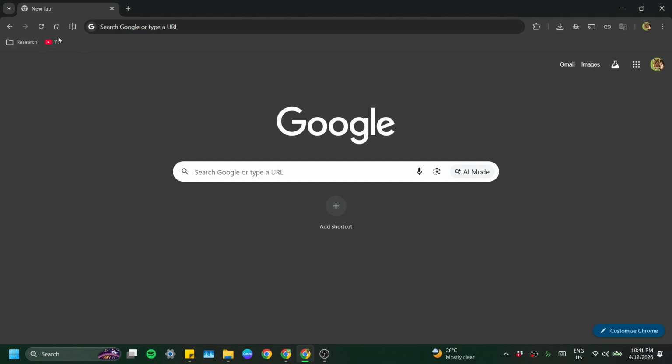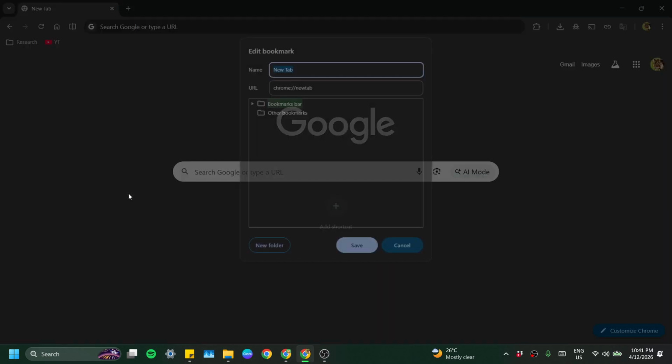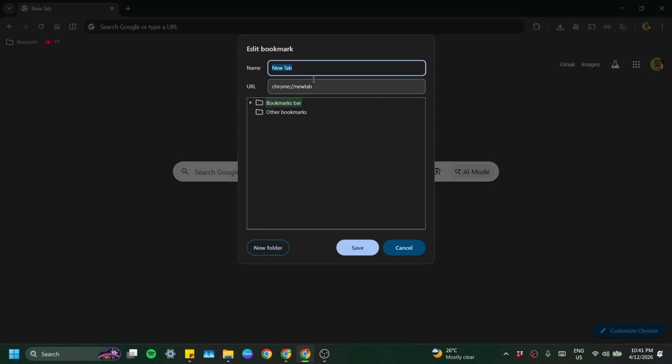You're ready to go. Now, move your mouse to that bookmarks bar, right-click it, and choose Add Page. A small window will pop up asking for a name and a URL. For the name, type PRINT in all caps so it's easy to spot at a glance. In the URL box, delete anything that's there and replace it with this exact code,